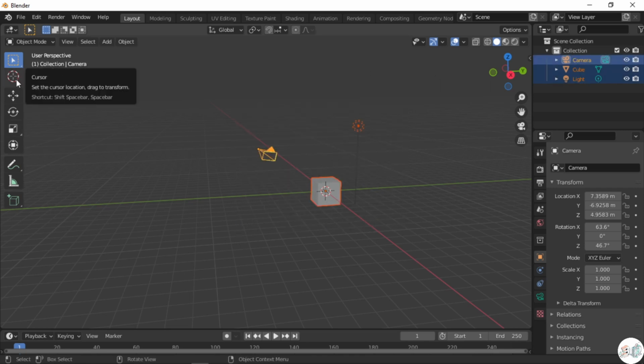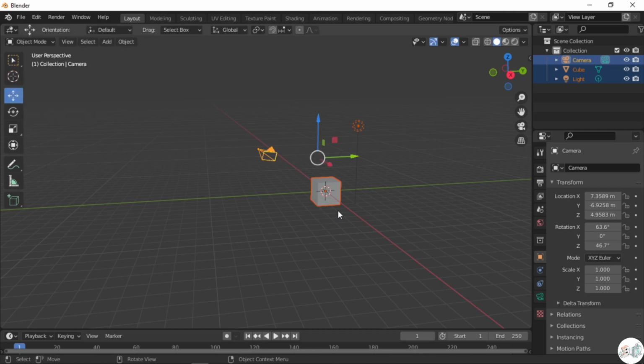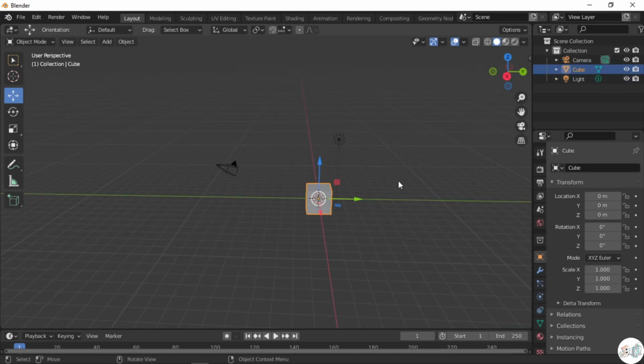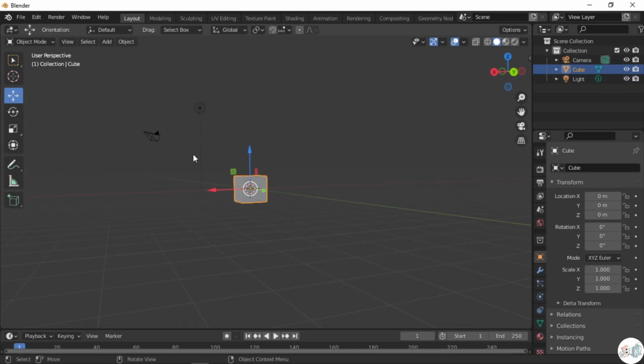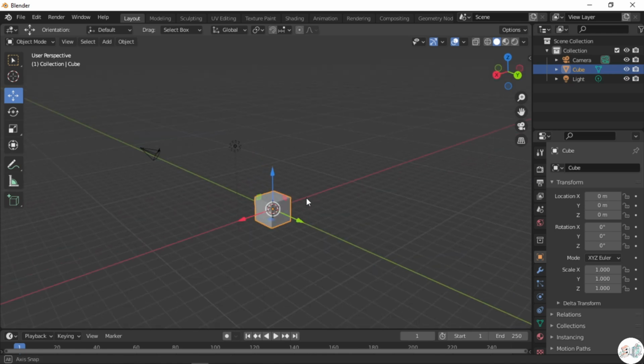The next option is the cursor tool. The cursor tool is a crucial tool. Wherever the cursor is, that's where the object is going to be placed once you add it. The third one is the move tool. For example, if you select this object and want to move it, as you can see, there are three colors highlighted on the cube, which represent three axes.